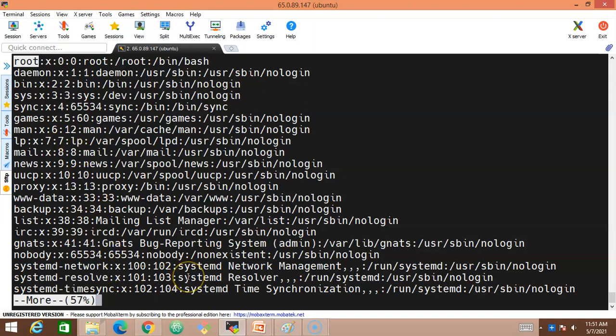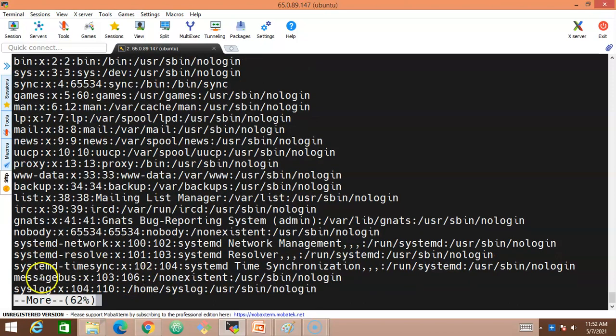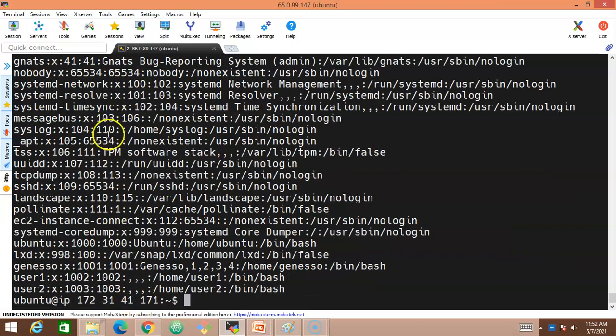If we have to navigate to the next content, simply press the enter button. The moment you press enter, it will display line by line. Let me press another enter. See, look at this, a few more lines are getting displayed. And if you press the space button, it will display page by page. There are only a very limited number of pages, and in the second page the file got ended.